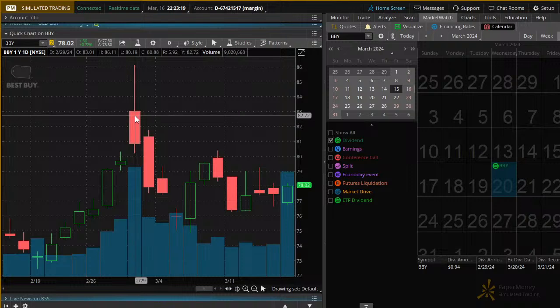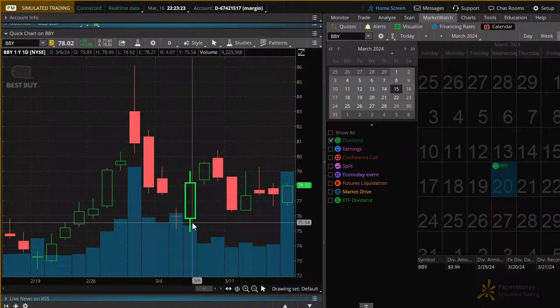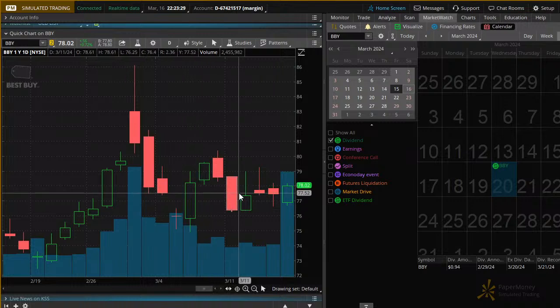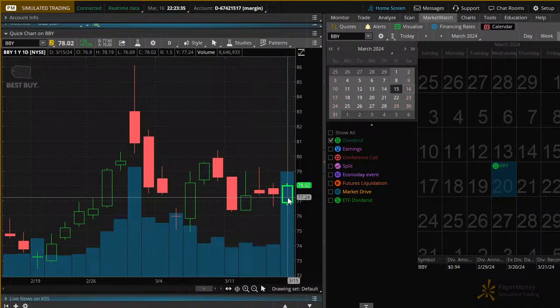30-day top, 86.11. 4 days to the downside, or 5 days to the downside. The soft bottom at 74.92. Went sideways, was sitting at 78 again. Monday, I would like to see another update. Okay, I'd like to see another update on Monday before I jump into Best Buy. But I think I already own Best Buy. I think I do.